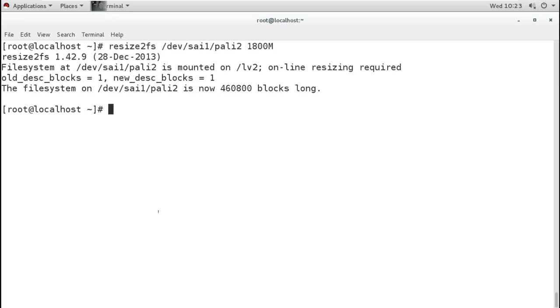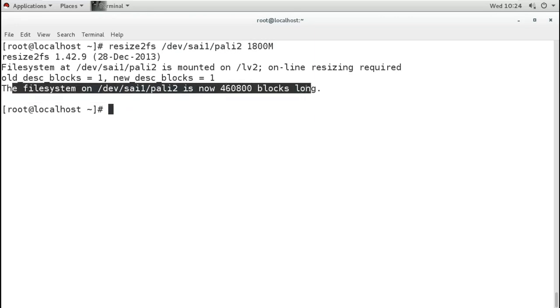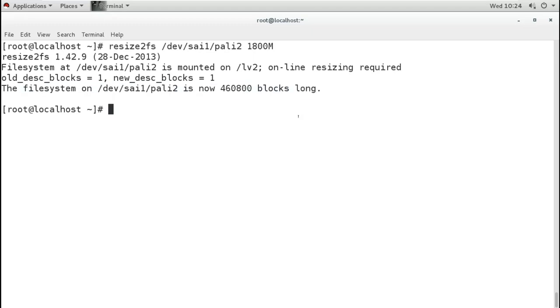And this is the command to extend the size of the LV and the ext file system. The command is resize2fs, and then you mention the LV name and the size which you want to extend to. It is saying the file system is now this many blocks long, and it is extended. And we can verify by using the df command, because it shows you the